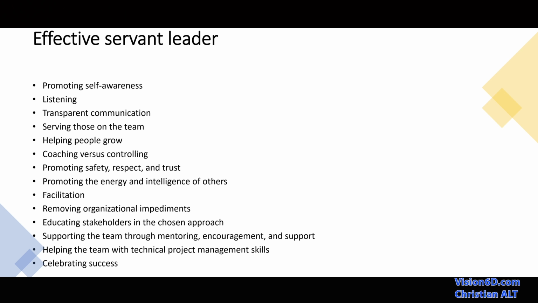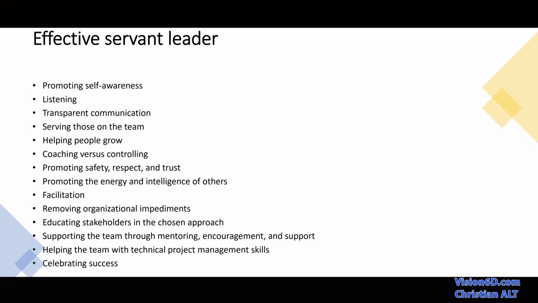But I can really say that when the stakeholders understand how you are going ahead with the methodology, it's really a big help to the project and to the support of the project. And the team, sometimes I really have to mentor them, to encourage them and to give them support. For example,